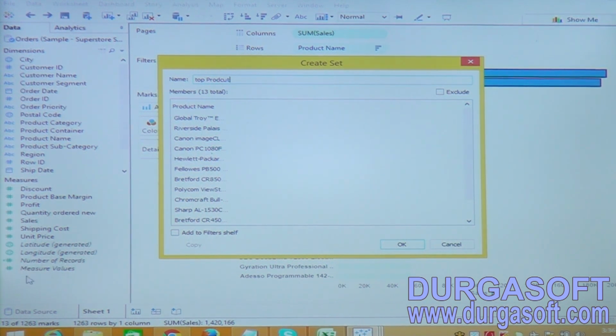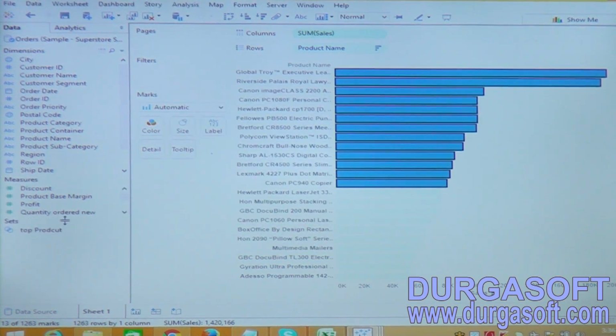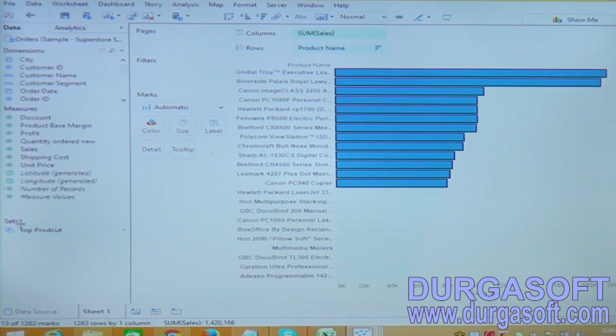It will be created as a set in the data window, and it will be added under the fields. Now see, the top product is one set. Thus we have a set folder, and in that we have a top product.